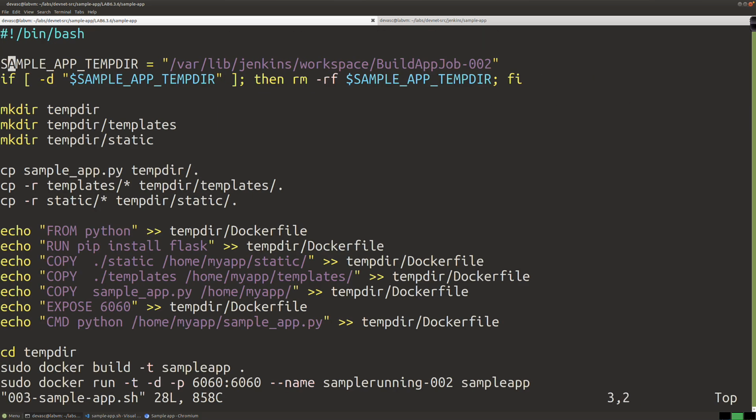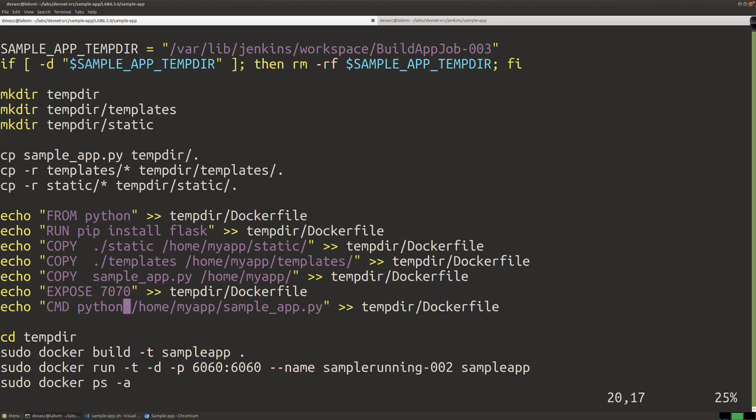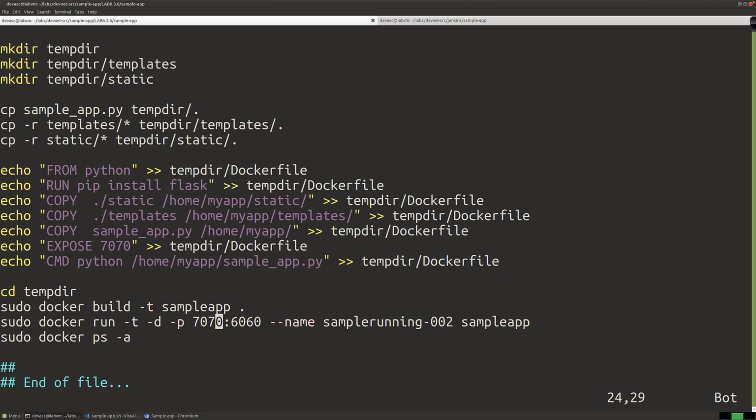And first thing I'm going to do is let's go ahead and come down here, because if I ran the job again, we would want to remove that directory, at least with the freestyle job that we're doing right now. There are other ways to do that in Jenkins. So all of that is going to be created. We're going to come down and look for 6060, and there it is. We're going to go ahead and change it to 7070. And once that happens, I'm going to come down and find 6060 and then find it again and change it again. Now remember, sample app running